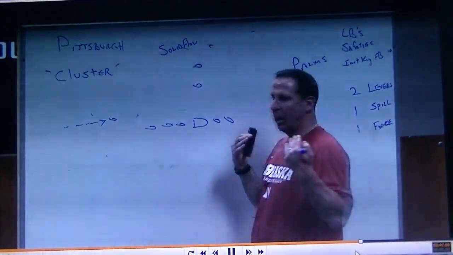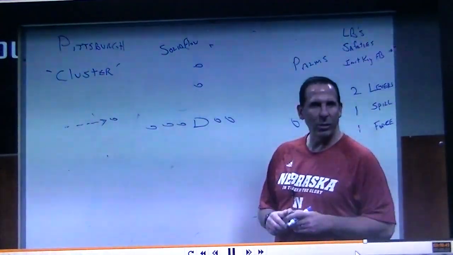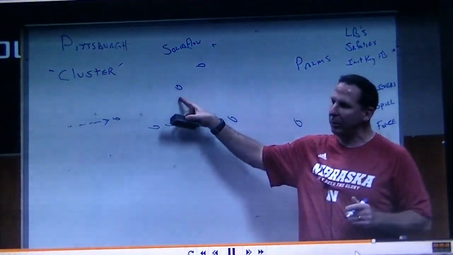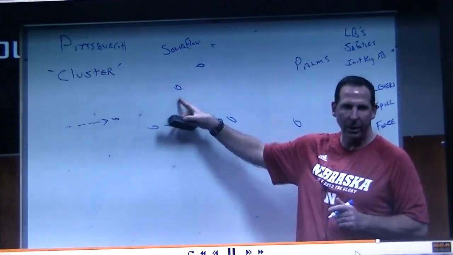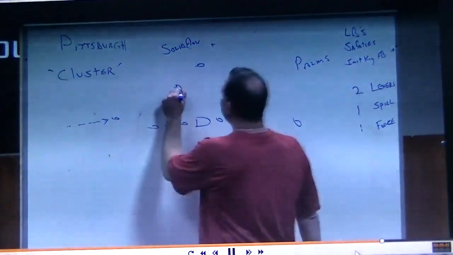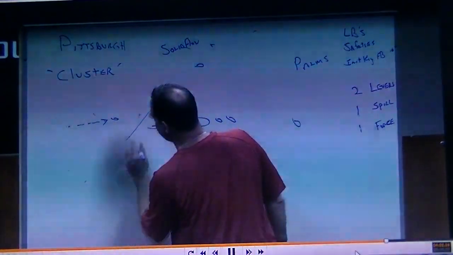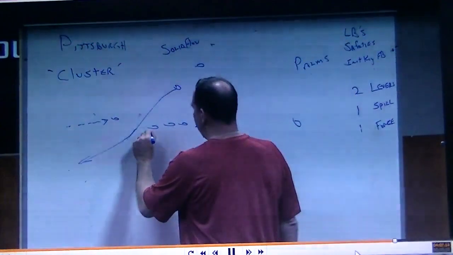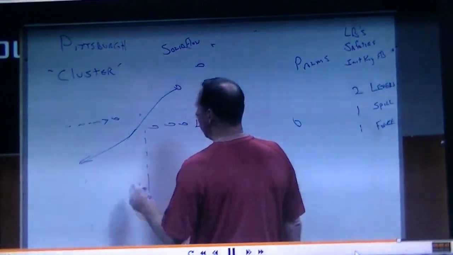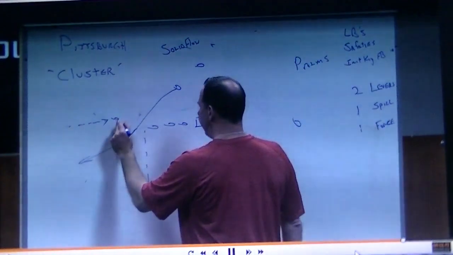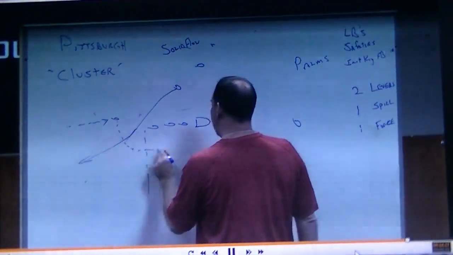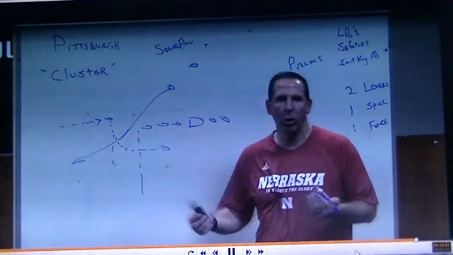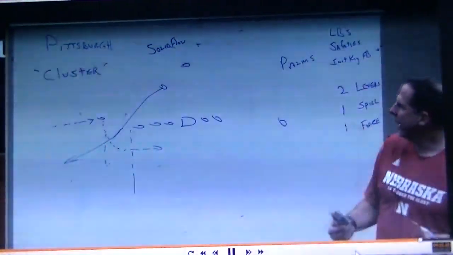We're expecting a couple things to happen. The reason for a cluster is we're expecting, let's put this guy in an offset back, because that's what most people like to run the cluster out of, like a near eye set. Okay? We're expecting somebody to go hard to the flat fast. We're expecting somebody to go vertical and the Z to go under here or here. So he could sit down. There's a lot of different things he can do. But as a base rule, the reason why we're clustering it is